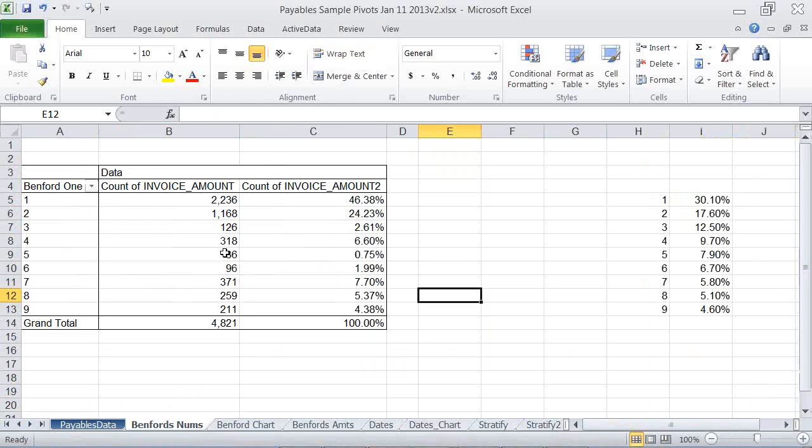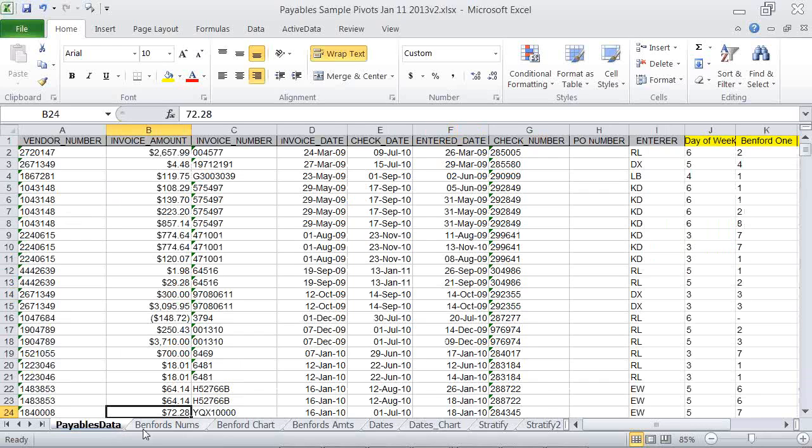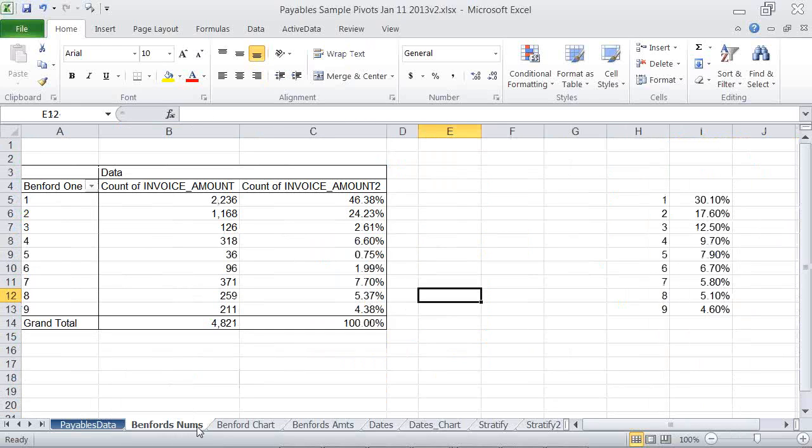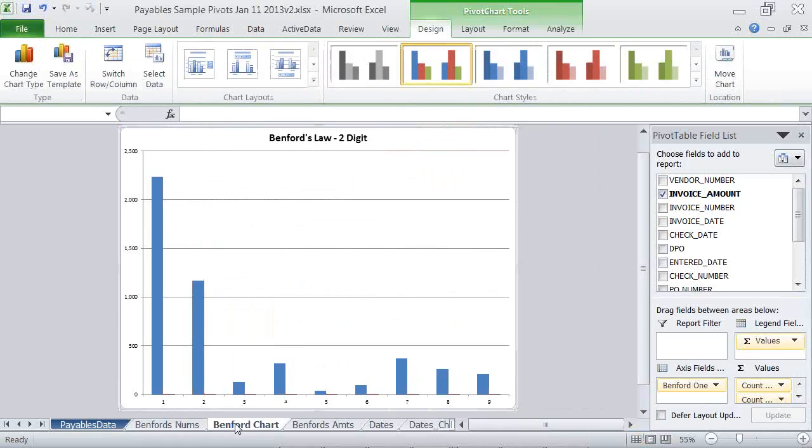Don't want to really make it a course about Benford's law or anything. With that said, this is then kind of a pivot table or an application, or however you want to call it, a middle layer in between the data. Here's your calculations, and then here's the graph, and here's the chart.